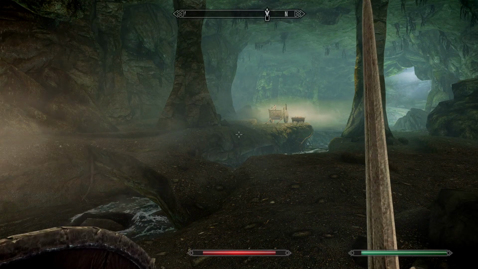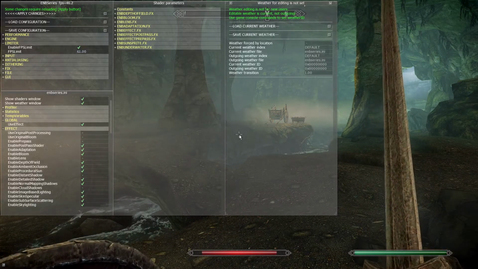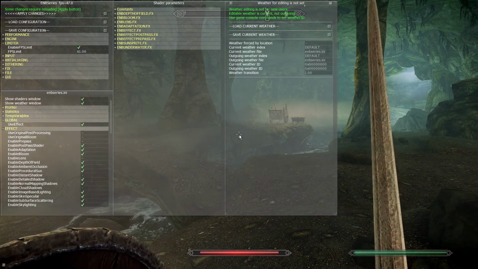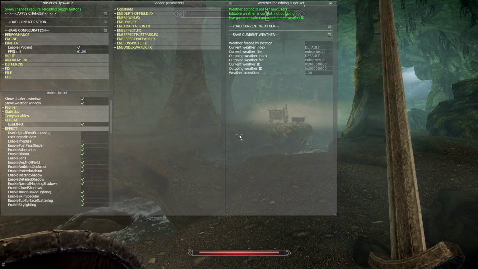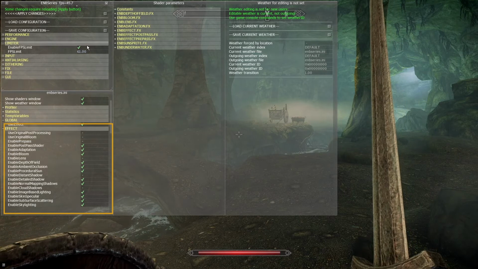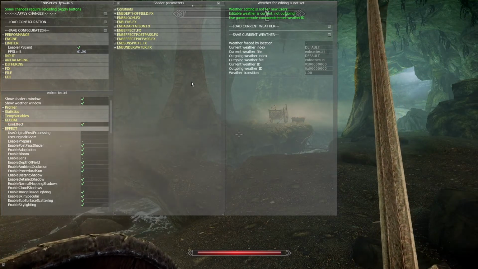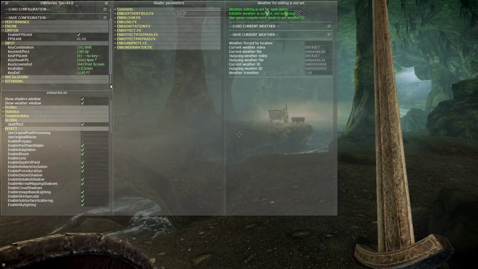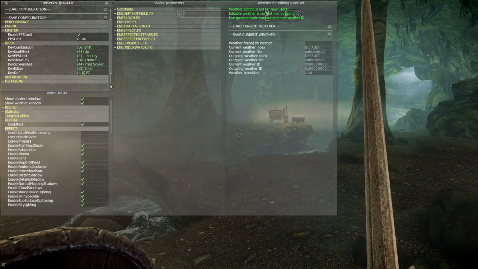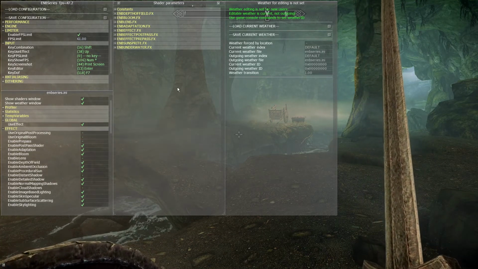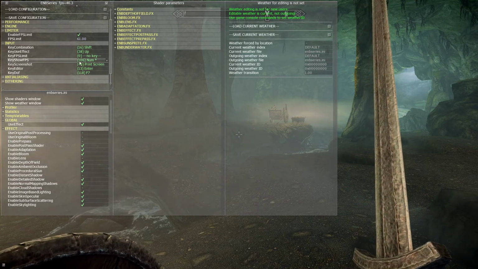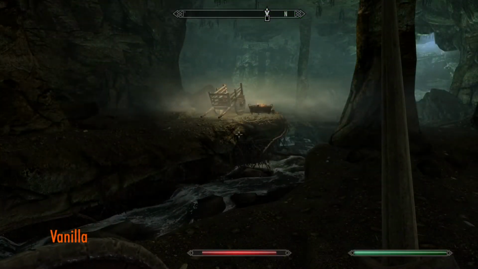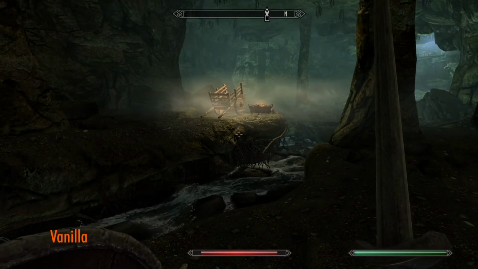Load into your game. By selecting Shift and Enter, you will pull up a window within the game showing you the controls and settings for your ENB. Here you can adjust frame rate, depth of field, lenses and flares to your preference. Under Input, you will see the commands that you will need to enter if you wish to turn on or off your ENB. This can vary depending on the ENB installed. For this example, it's Shift and Up to turn on and off the ENB. By turning it on and off, you can see the difference.